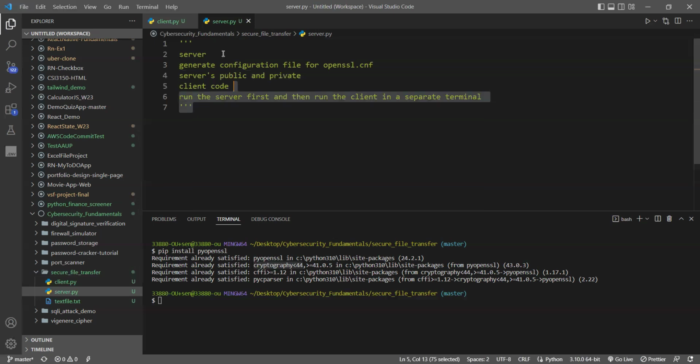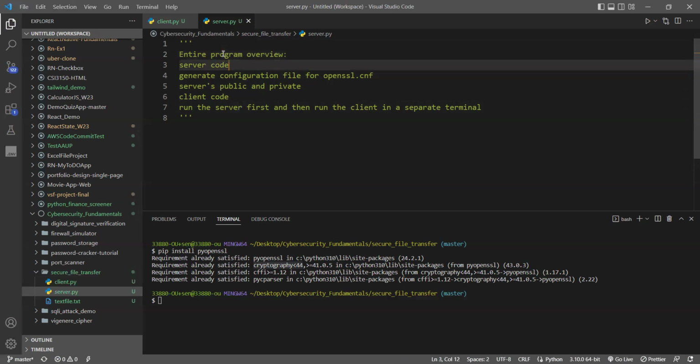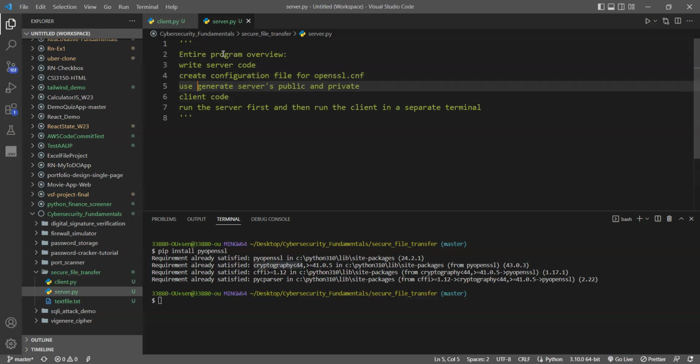So we can remove this. I will hopefully remember this. But yeah, this is basically going to be the program overview, the entire program overview. Okay, so server code, create configuration file. Sorry, this is not generate, this will be create. Okay, and we will say write server code, create configuration file, and we can say use .cnf file to generate server's public and private keys,